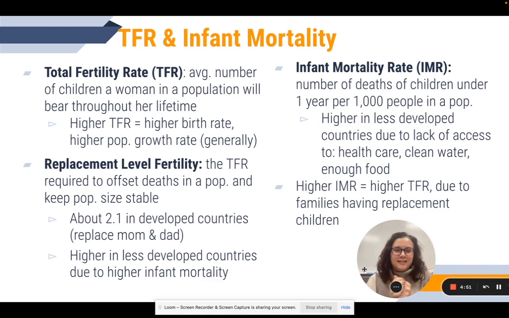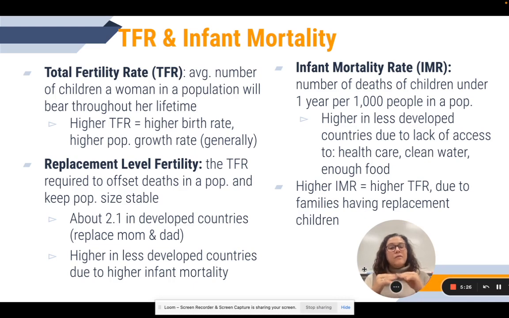the replacement fertility level. So replacement fertility level is kind of a weird concept, right? Because it's thinking about, well, if there's two people that are having children, the replacement level of fertility would be what it would take to replace them, which on the surface sounds like, okay, it's going to be two, but it's not, because we have to take into account infant mortality rate. So generally, we say that replacement fertility is about 2.1, meaning that each person that can have children would have about 2.1 children. I know you can't have 0.1 children, it's an average. And that would keep the population stable, not increasing.